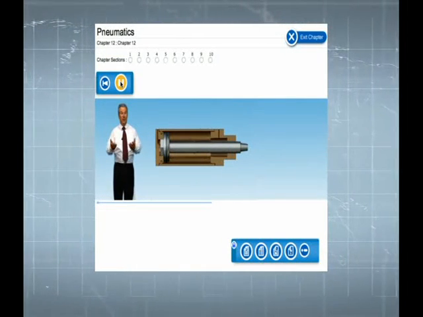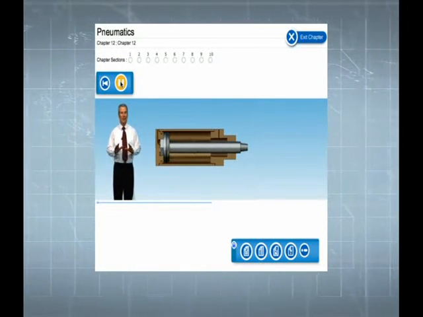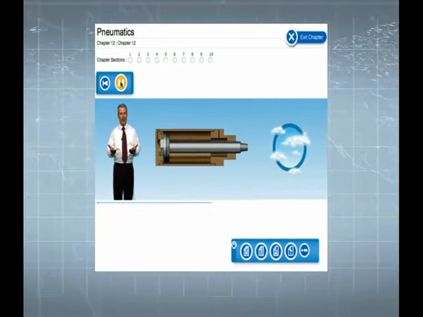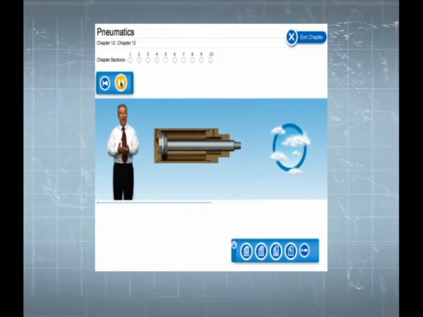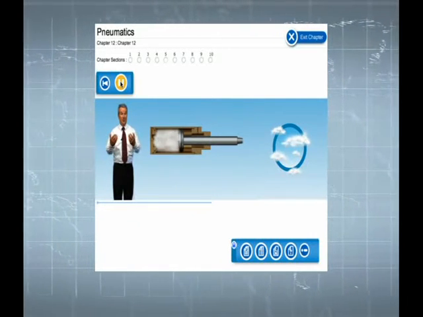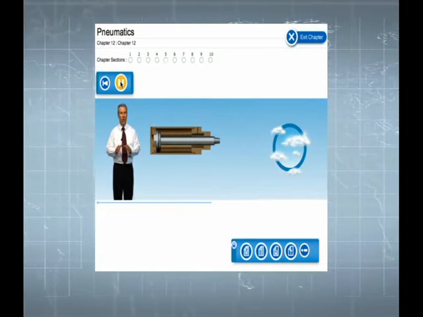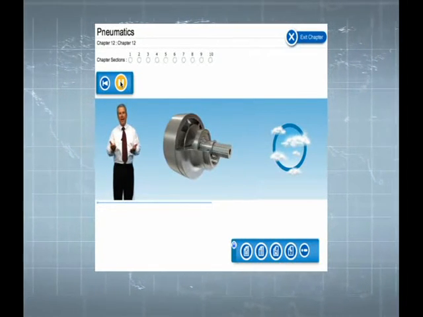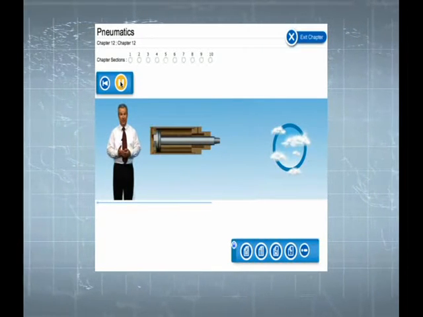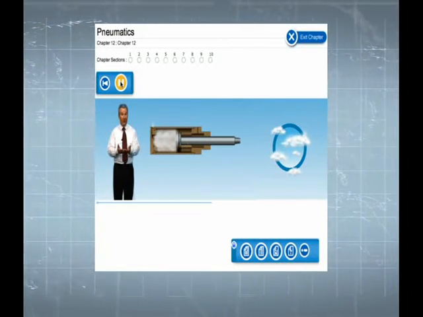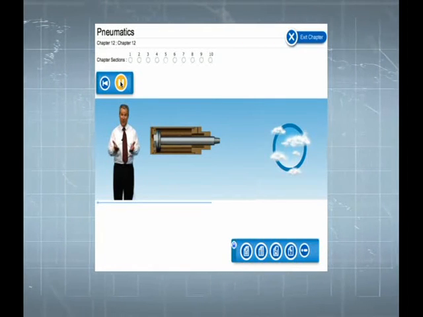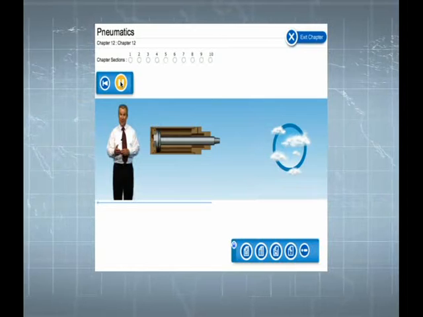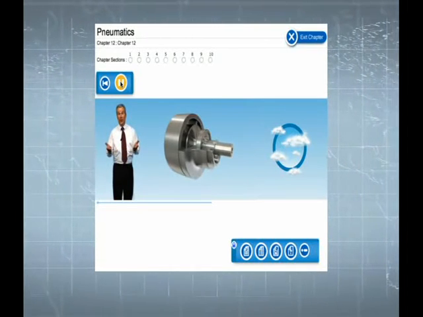Valves. Flow control valves. Now we are going to talk about flow control. The rate of airflow is what determines the speed at which a cylinder rod will extend or retract, or the speed at which a motor will run. If there is fast airflow, the cylinder will move quickly. If the airflow is restricted, the cylinder will move slowly. Similarly, the motor will rotate slowly